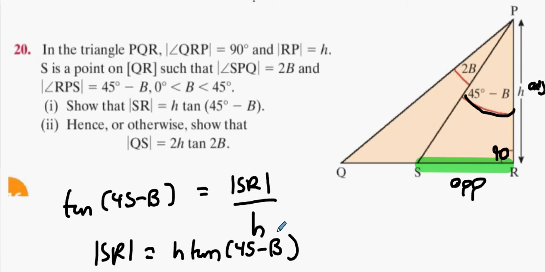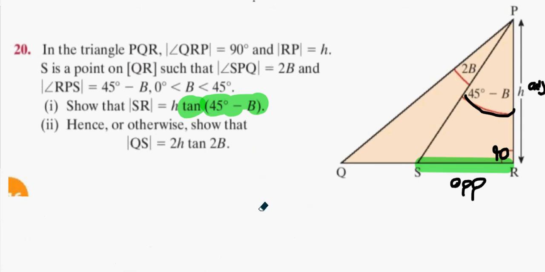It wasn't too bad, because it gave us the angle to use. It actually told us what function and what angle to use. Can't give you much more information than that. Okay, now what does it say next? Hence or otherwise show that